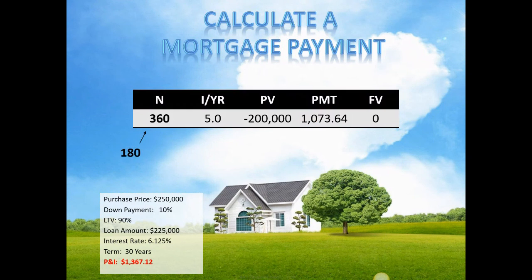But now they're saying, hey, you know what? We'd like to own this house in 15 years instead of 30. So in the same scenario, if we wanted to change it from a 30-year scenario to a 15-year scenario, all we need to do is punch in 180 payments, because that's how many payments there are in 15 years if you're paying once a month. There are 180 months. So we just punch 180 into the calculator and touch the N key, and we come up with this. The payment goes up to